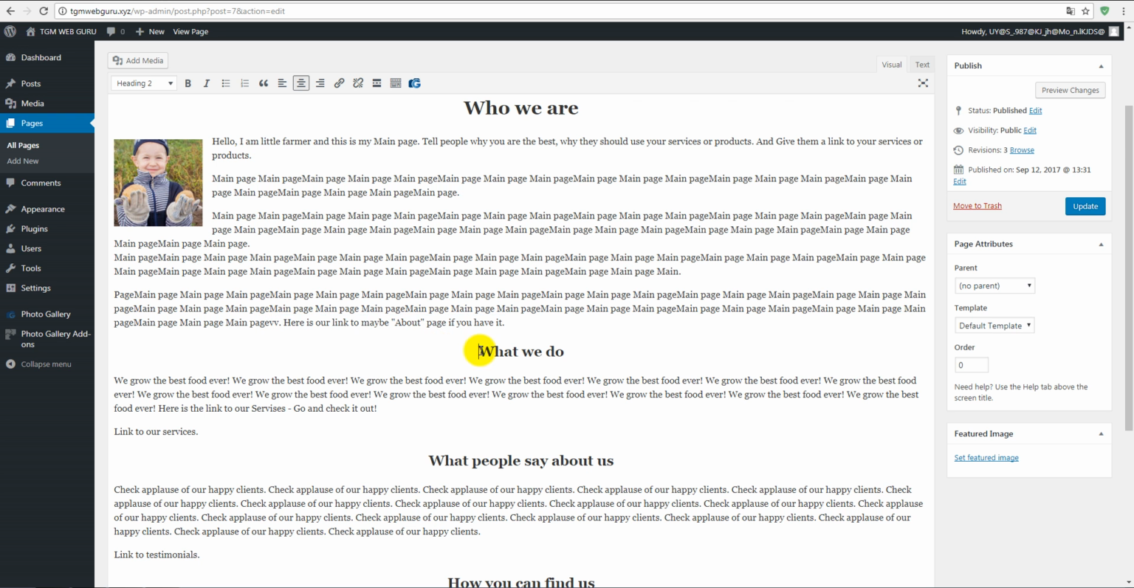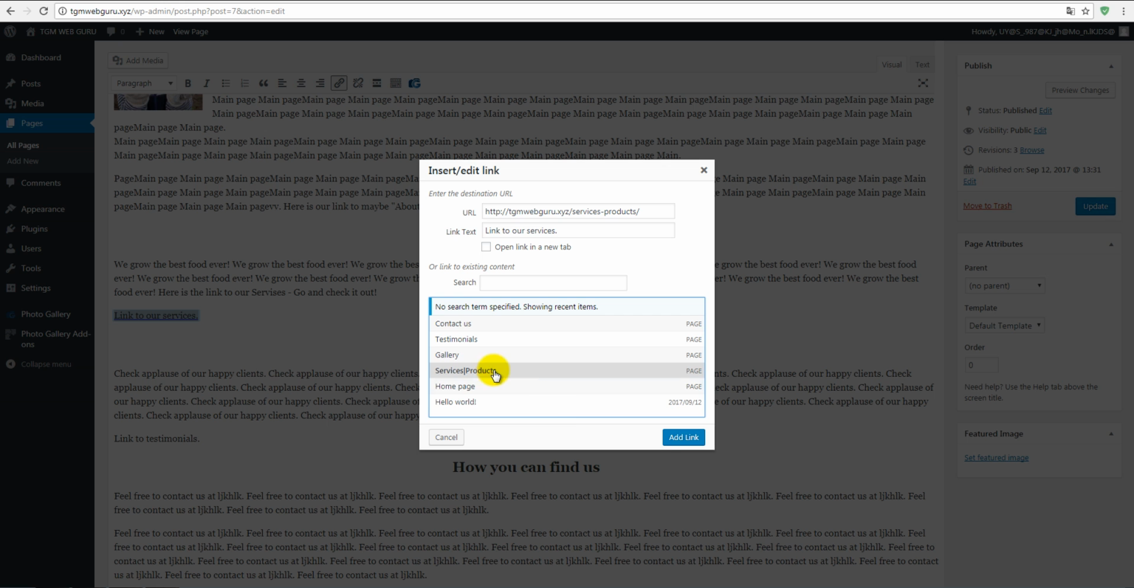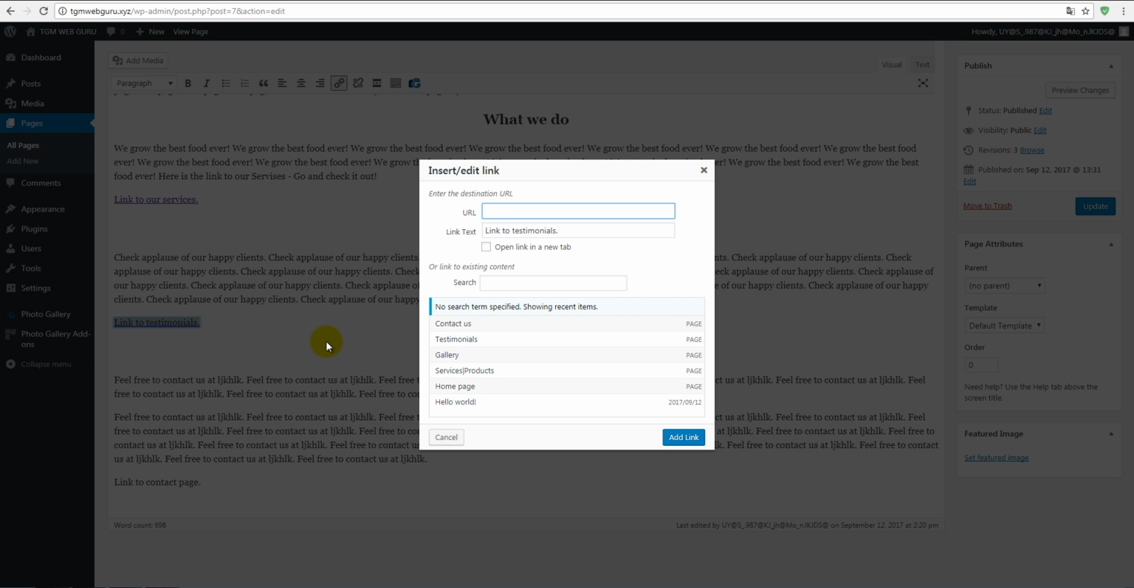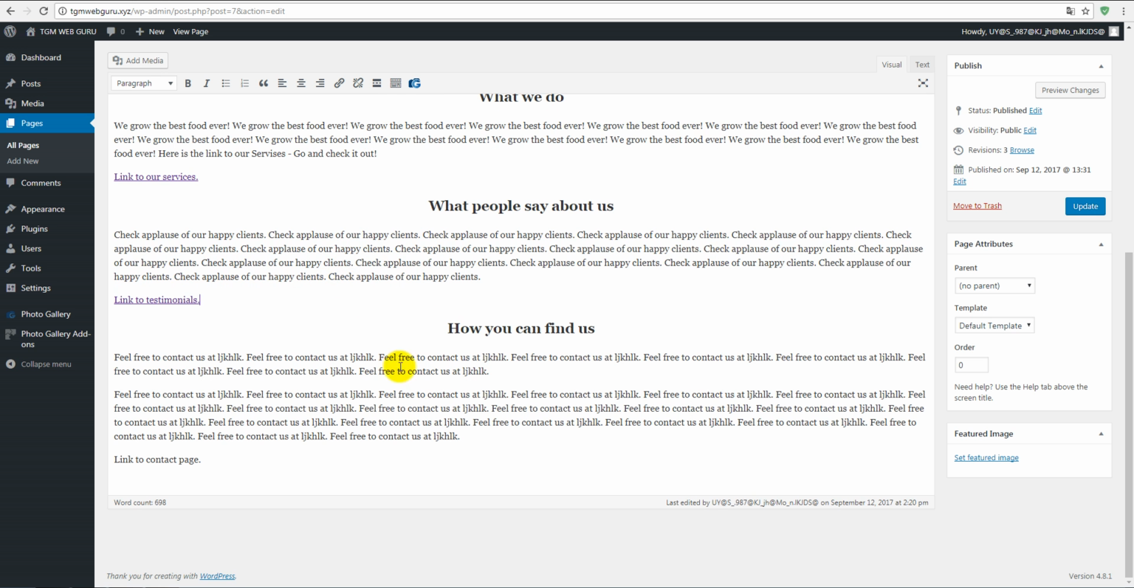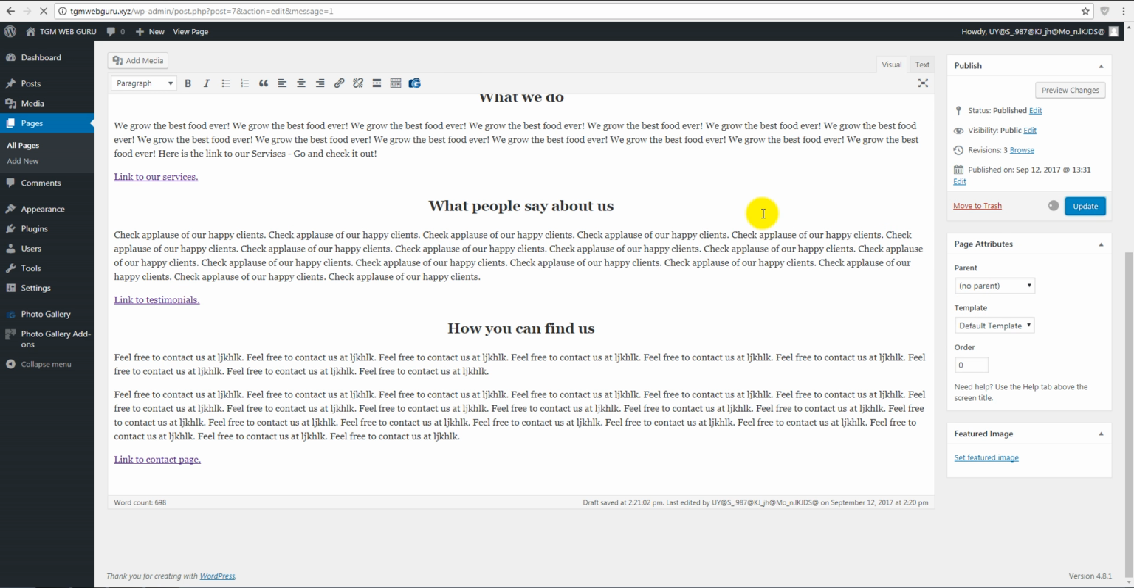Here you can add some links to your about page if you have it. I don't have it, so I'll pretend that I'll paste some links on my other pages. Click on services. Now link on testimonials. And of course the contact page. Okay, everything looks good. Now click update button